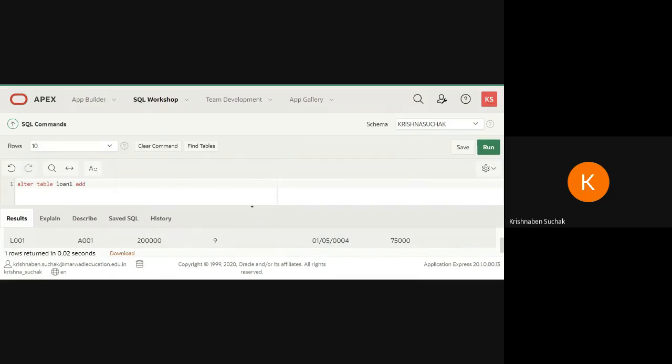Add. Which thing do I need to add? The question says you have to add one column, that is credit number. So I am writing add credit number. Then here I have to write the data type and size.